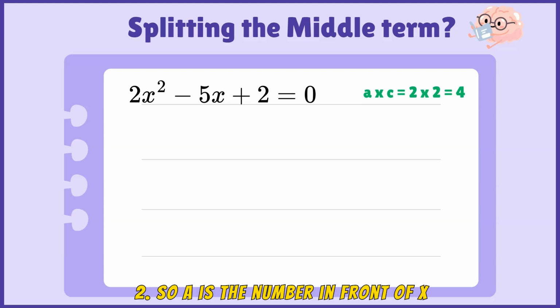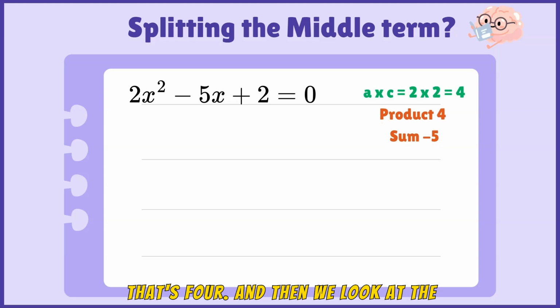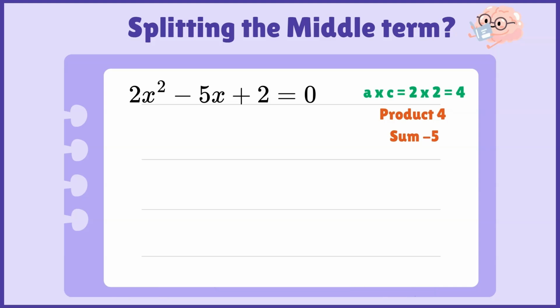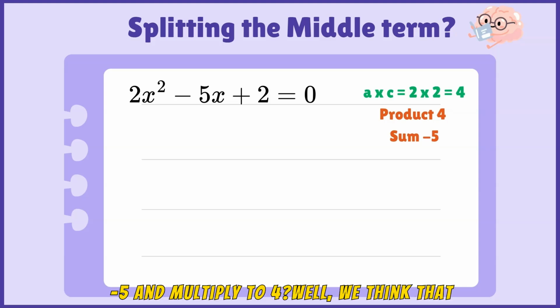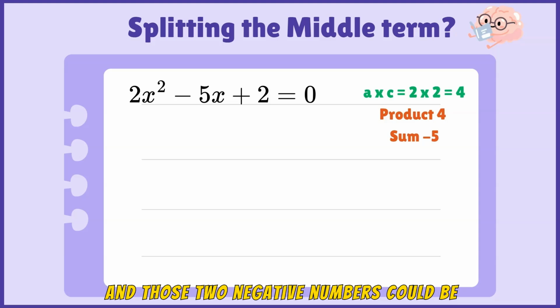So a is the number in front of x squared and c is the last number. So we're going to multiply the first number by the last number, and we find that that's 4. And then we look at the product and sum technique with 4, and which numbers would add up to -5 and multiply to 4? Well, we think that that's 2 negative numbers probably, and those 2 negative numbers could be